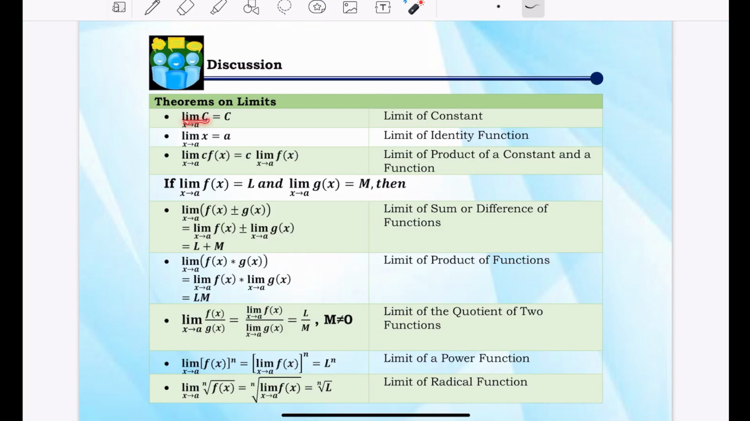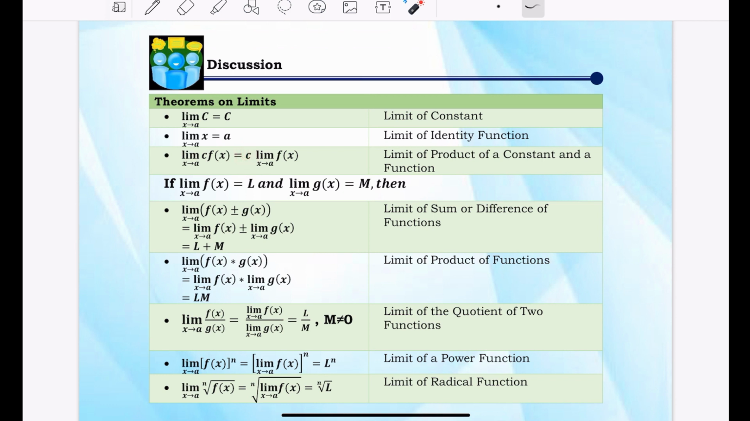Limit of a constant, where x approaches a, is equal to the constant. That is the limit of a constant. Next, limit of the identity function. The limit of x where x approaches a is equal to a. Limit of the product of a constant and a function: the limit of c times f of x where x approaches a is equal to c